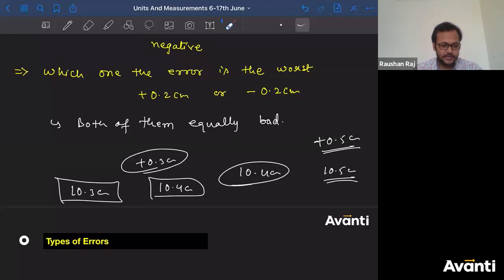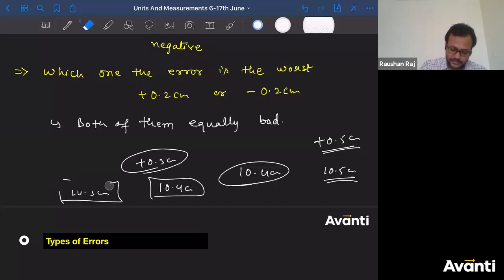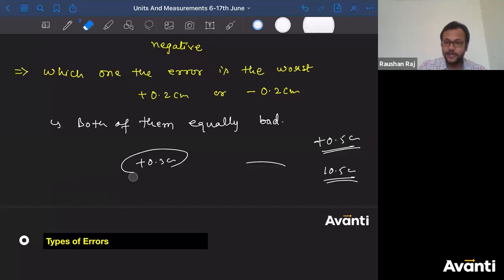So can I say, if you are quoting an error which is less than the maximum error, that is not the correct way. समझ में आ रहा है क्या? That is not the correct way. So this is one of the reasons. I wanted you to relate to a real life scenario, that is why I have given you this example. So whenever you want to express an error, we always talk about the maximum possible error. Or when we talk about error, we always talk about the worst scenario. Okay? So whenever you talk about any kind of error in this topic, we talk about the maximum possible error. क्या होगा? Maximum possible error.